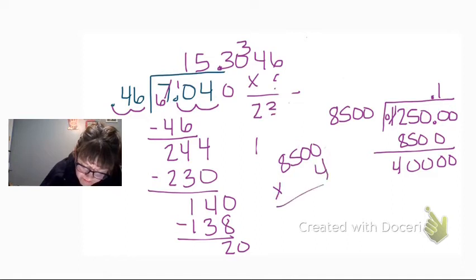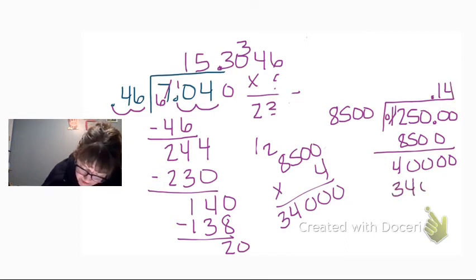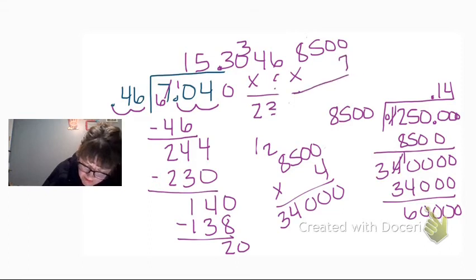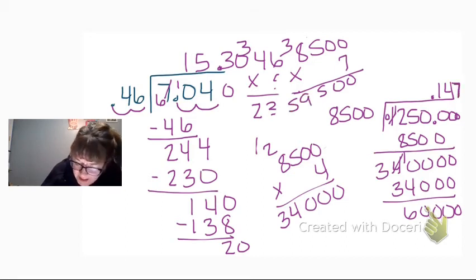Let's try 4. 4 times 5 is 20. 4 times 8 is 32, plus 2 is 34. So it'll go in 4 times. That was 34,000. And we can drop another 0. So now we're looking at 8,500 into 60,000. Let's try times 7. That's 59,500. Okay, so it hasn't come out evenly yet, but we've gotten close enough that we can get